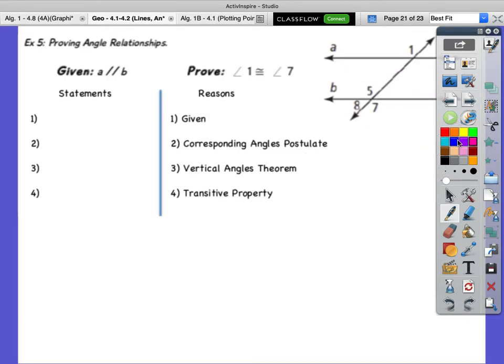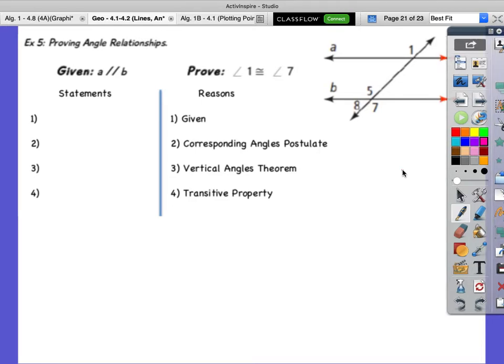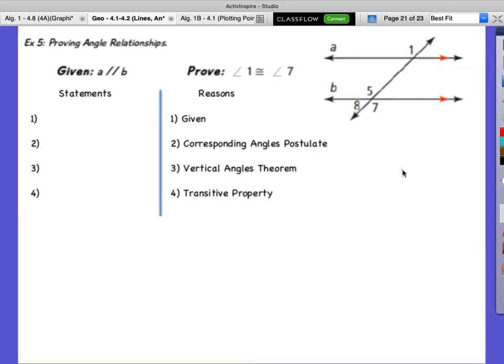Hey, now we're gonna put these into practice. Okay, we're gonna prove some angle relationships here, okay? Proofs don't go away, we can't just skip over this. Okay, proofs don't go away. Okay? So,